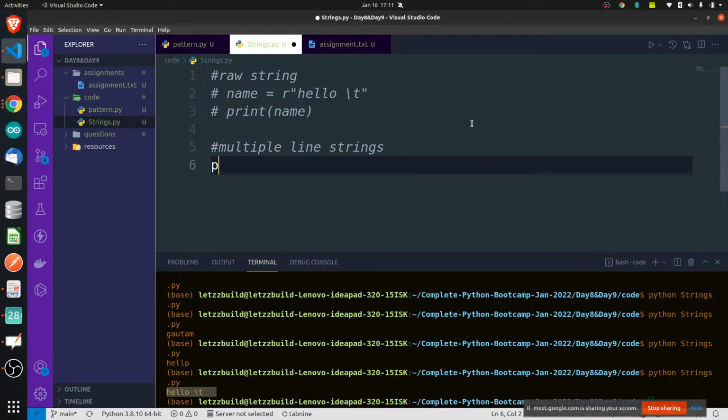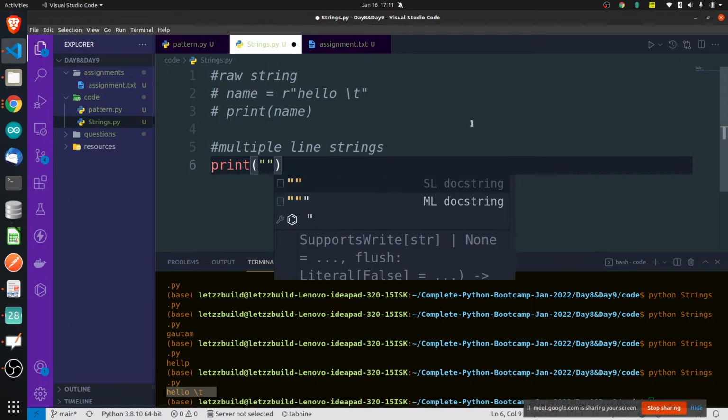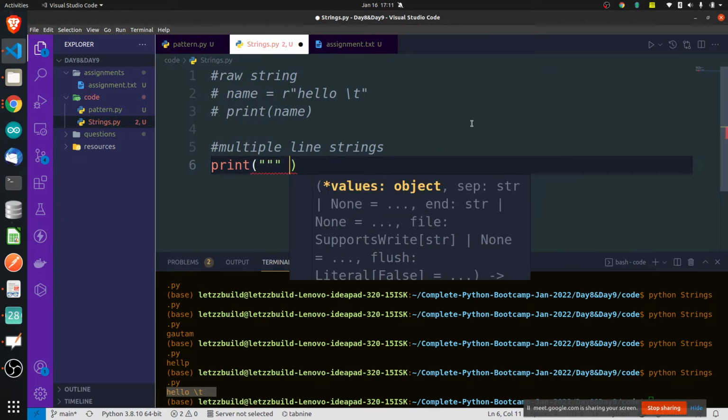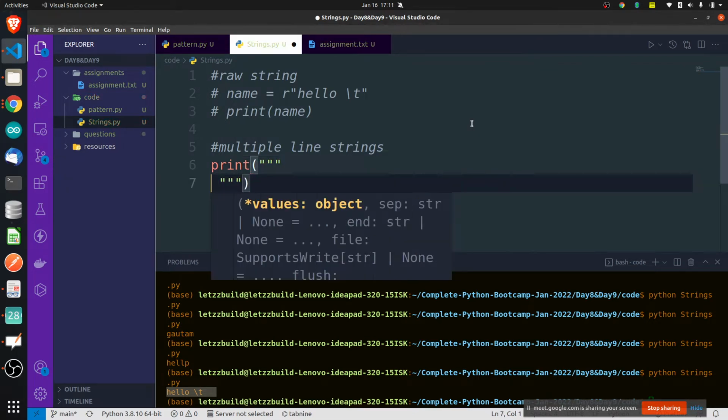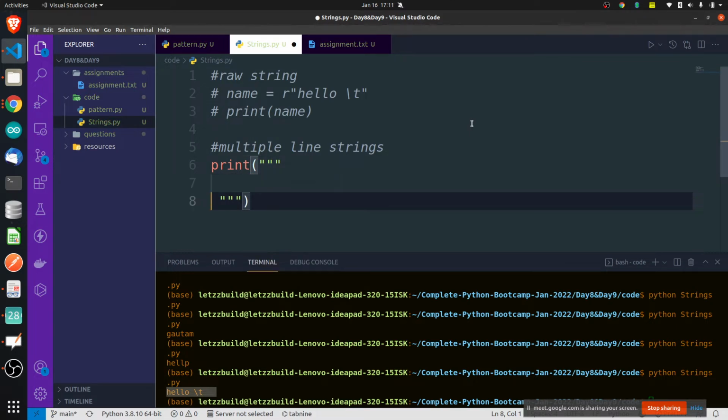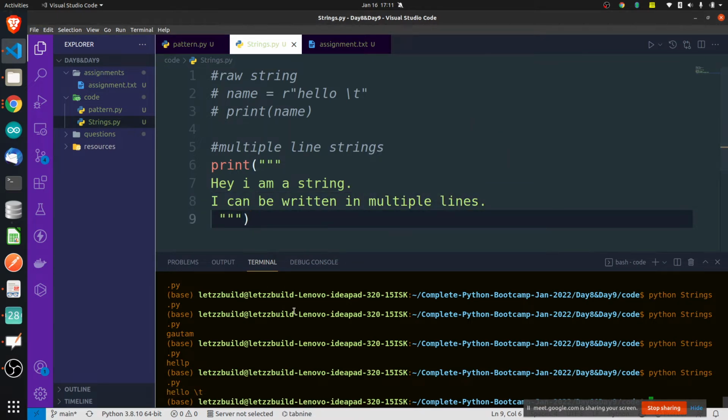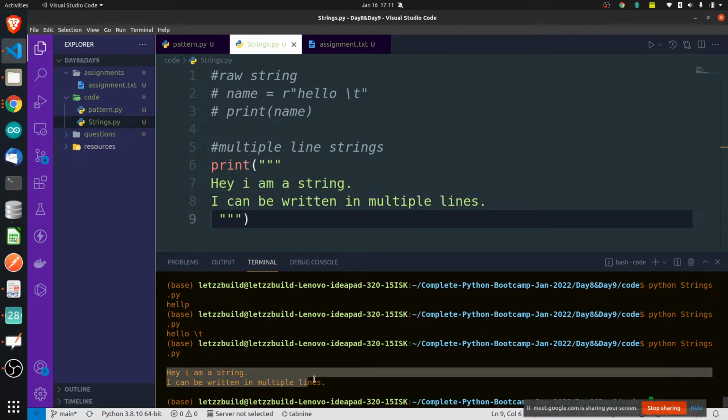If you want to print multiple line strings, you will be using triple quotes. You can print as many lines as you want now. Very simple. It will be printed in multiple lines.